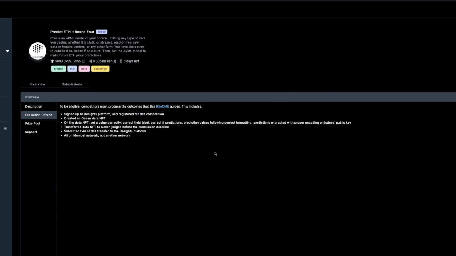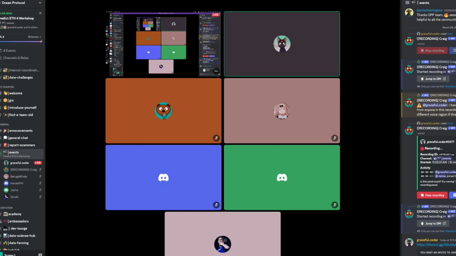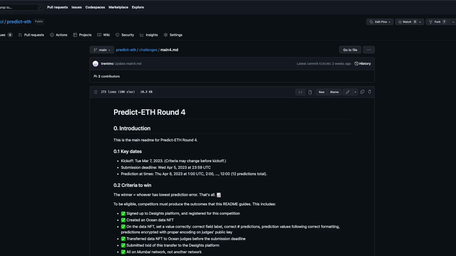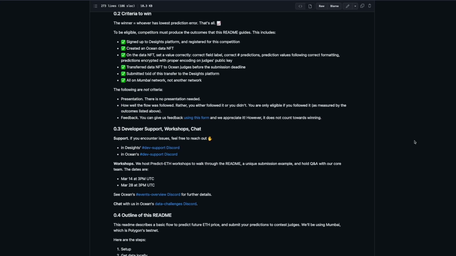So let's talk about creating the Ocean Data NFT, because I think that I covered this pretty clearly. Let me put the Decites link here as well. So I'm going to copy and paste that into our Discord chat just so that everyone can find it correctly. So you've got the Discord link for Decites, you've got the challenge page for Decites, and once you create a profile and connect with your wallet, you'll be able to access everything that I just showed you. So back to the README, which is here. Okay, now we can move on to,